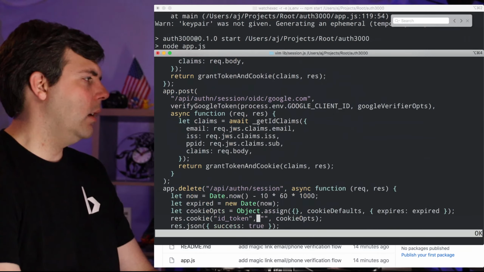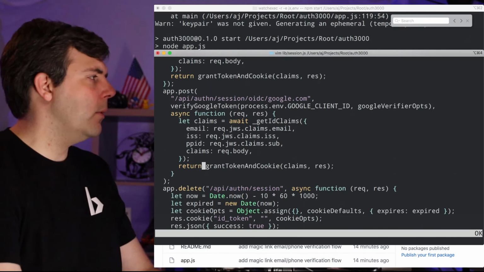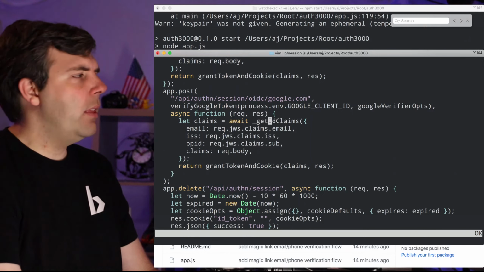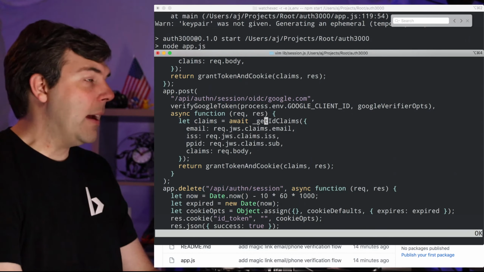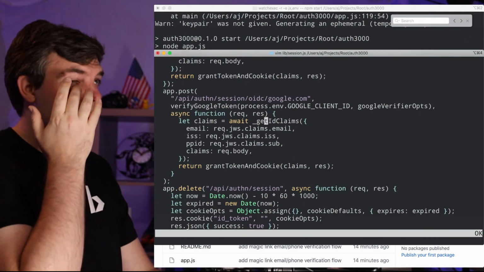Let's see. Am I doing that? Grant access. Okay, so yeah, I am going to pass those back through. Although I think, and I said this before, I'm going to change this get ID claims back to just get user. And then I think that what it should return as a result is going to be,